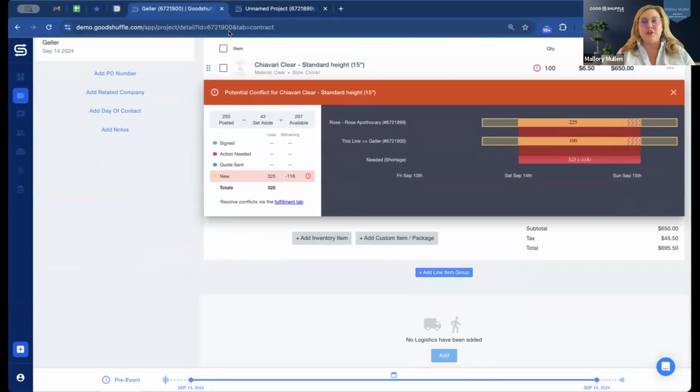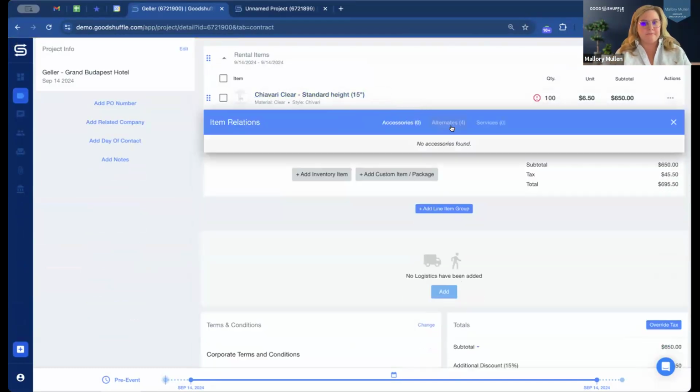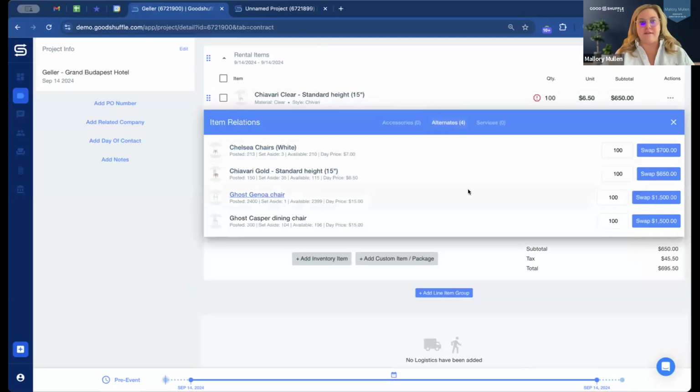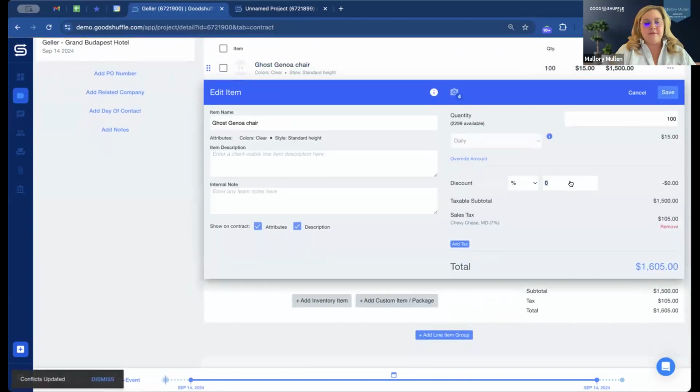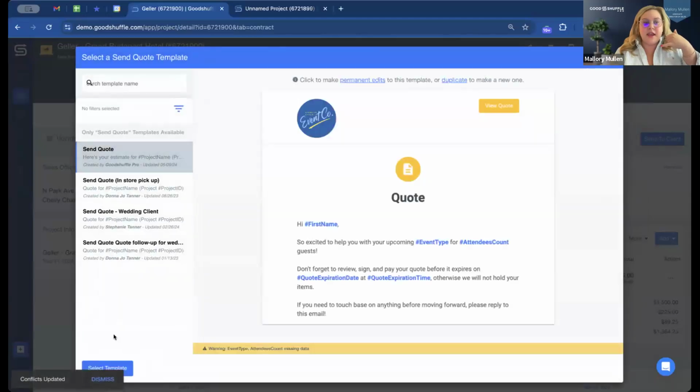So now, even if I don't have these chairs in stock, imagine my first call to Monica Geller, somebody who is notoriously neurotic. I can call her up with solutions. Maybe you can order this chair. Great. But maybe you go in and you say, hey, Monica, we don't have this particular chair available, but I've got this other style. I think you're going to love it even more. And I'd be happy to not only upgrade that chair, but give you a discount if you want to move forward here. You can be on the phone with her having this conversation and send her the information to say,